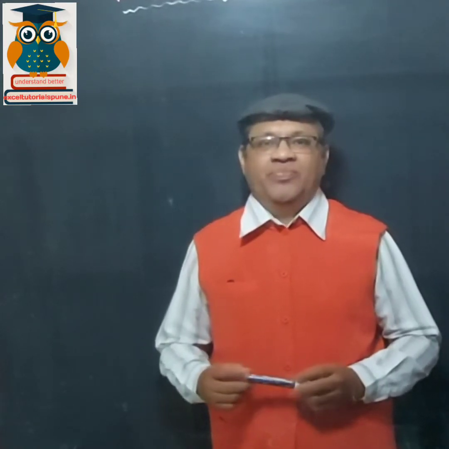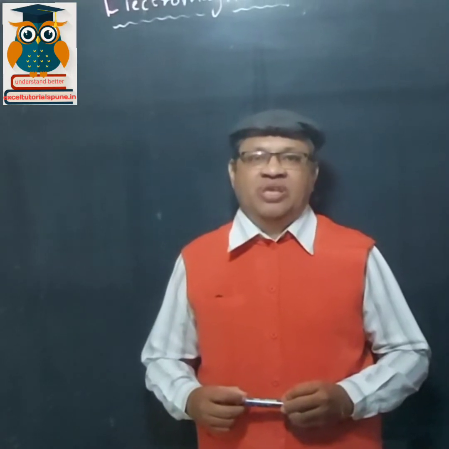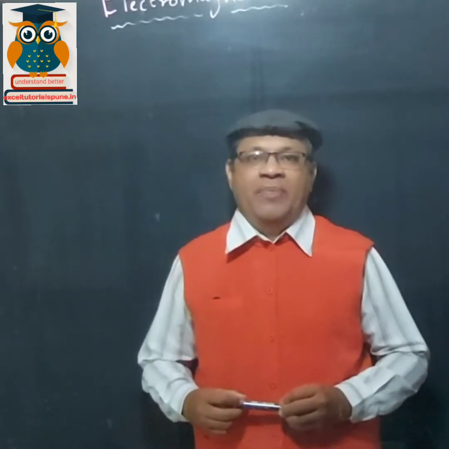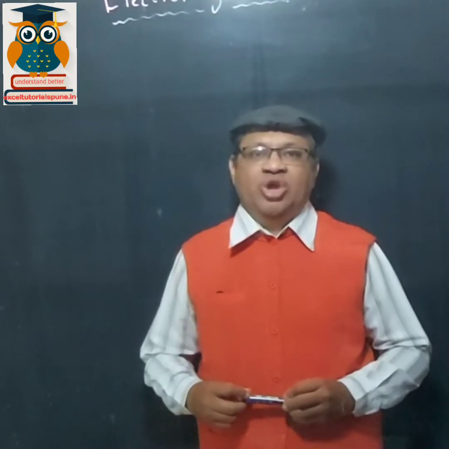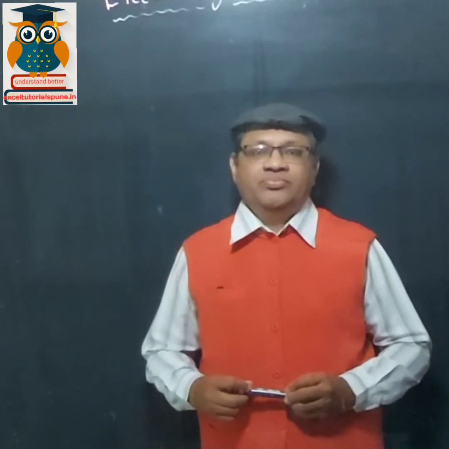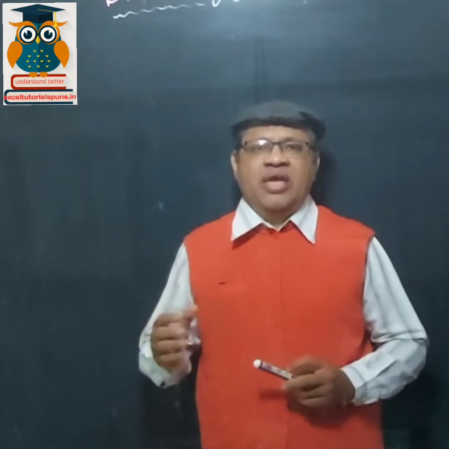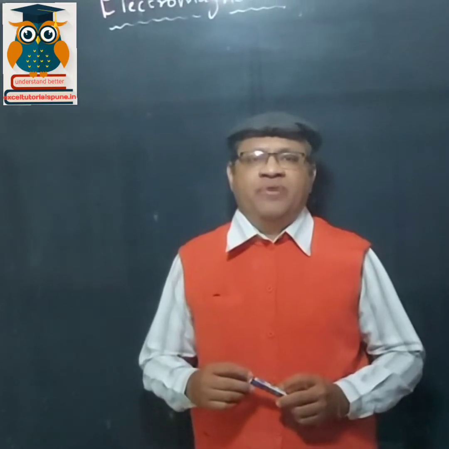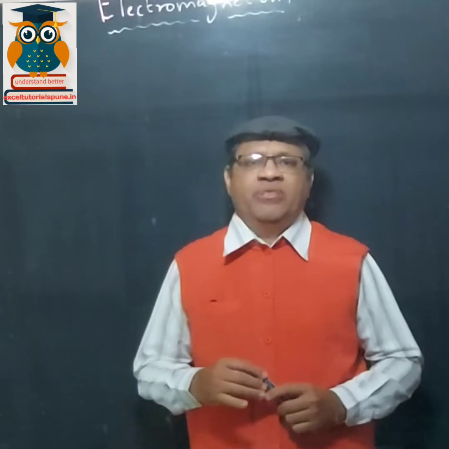Now, there was a scientist by the name of Hans Oersted. He studied the properties of magnetism and electricity, and of course he was a professor in a college and a physicist himself. He had his own lab at home. While explaining the properties of electricity, he had accidentally kept a magnetic compass where his experiment was going on. He found that whenever he put the switch on, the electricity on, there was a deflection in